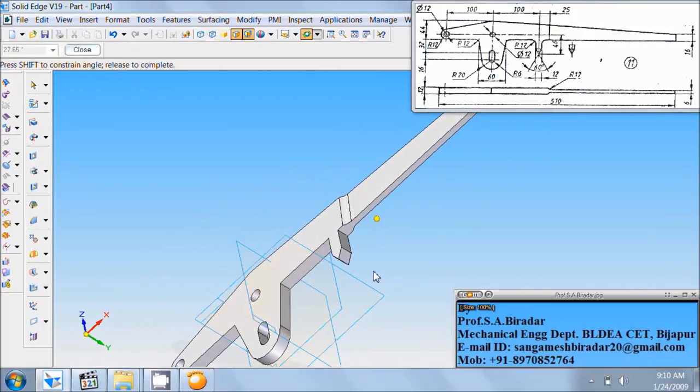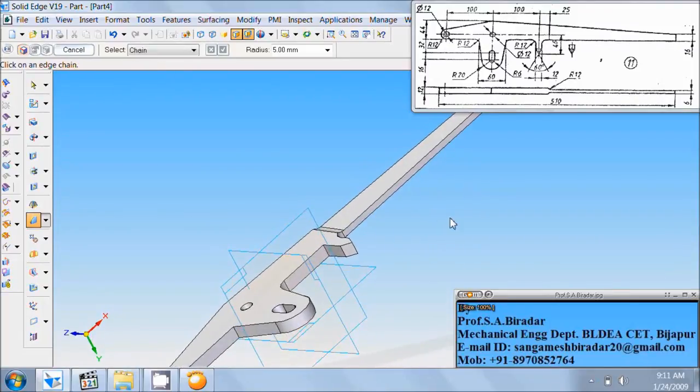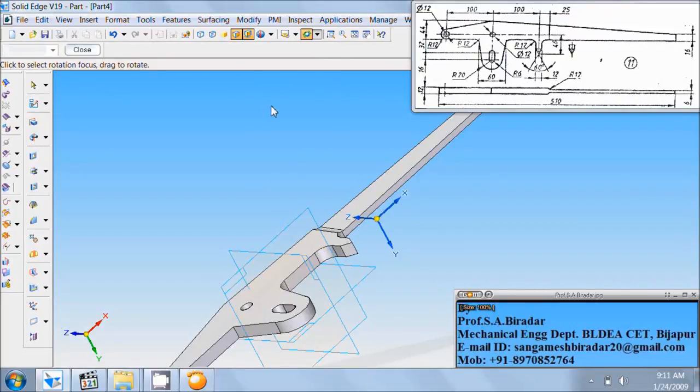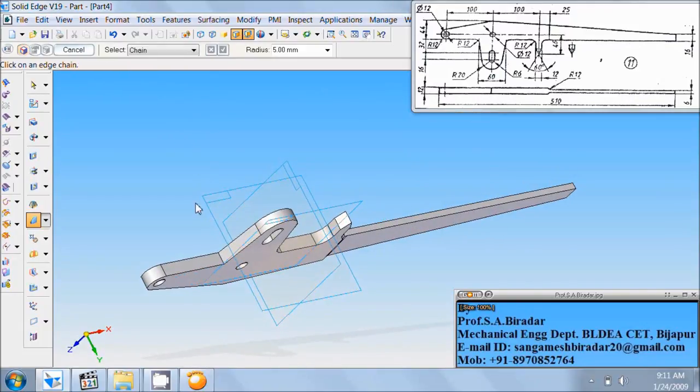Next rotate in this fashion, this edge it is of round of radius tool, again this edge, rotate in this fashion, then this edge. Next at the last, this edge.